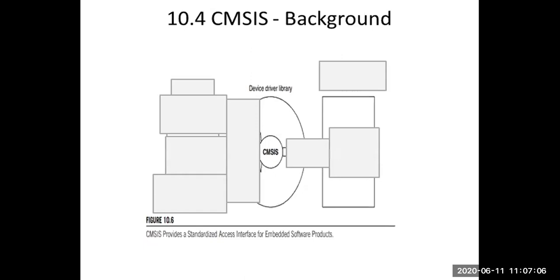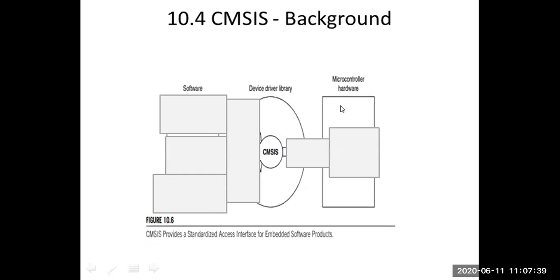You are seeing right now that CMSIS is the device driver library. CMSIS copes up with the software and microcontroller hardware. Software means the programming languages. Hardware means it may be any Cortex M series board, not only M3. Board means the hardware part. It consists of an LCD, buttons, USB port, and other ports you might have used in your ARM lab.